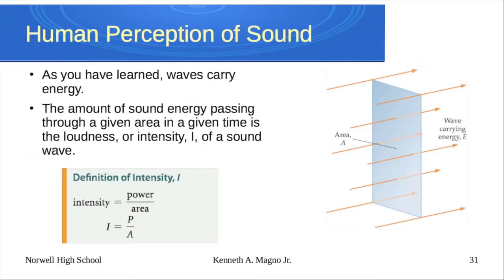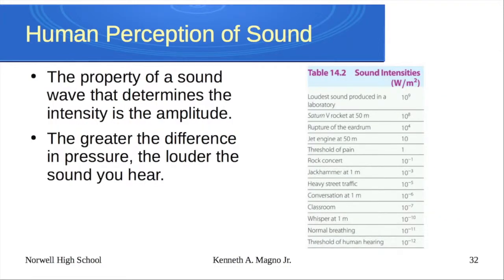So now, how do we actually perceive sound? Well, again, it's that pressure change. So that pressure change is energy. It's energy over time. Energy over time is power. And there's only a certain amount of area that your ear can detect it. So there's a certain amount of intensity there. Power over area we call intensity. All right. It's also why different size speakers can have different size intensities. So now, as I look at those intensities, those powers over areas, the threshold of human hearing is very small, 10 to the negative 12 watts per meter squared. General conversations, about 10 to the negative 6th. We can get way up to loudest things that can hurt your eardrums, 10 to the 4th. Anything louder than that, wow, we could actually die from it.